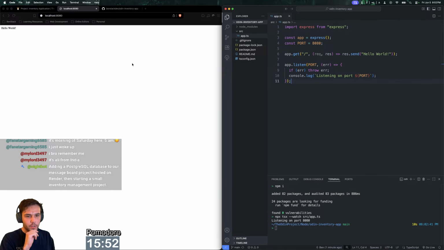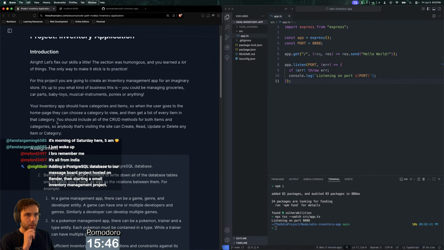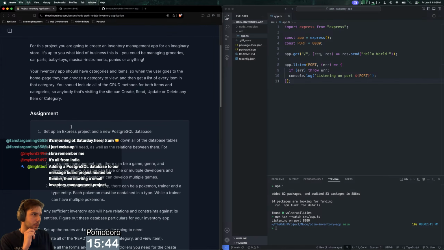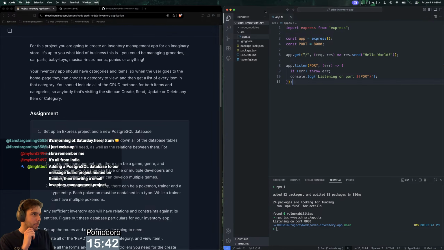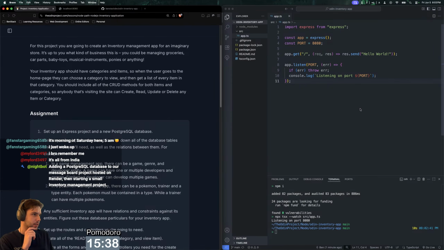Yeah, so we finished the PostgreSQL database for the message board project already, and now we're going to start this inventory application. So I think, before we get started, well, actually the first thing I need to do is create, actually I don't want to create the database yet because I want to plan it. So I'm going to open up Obsidian